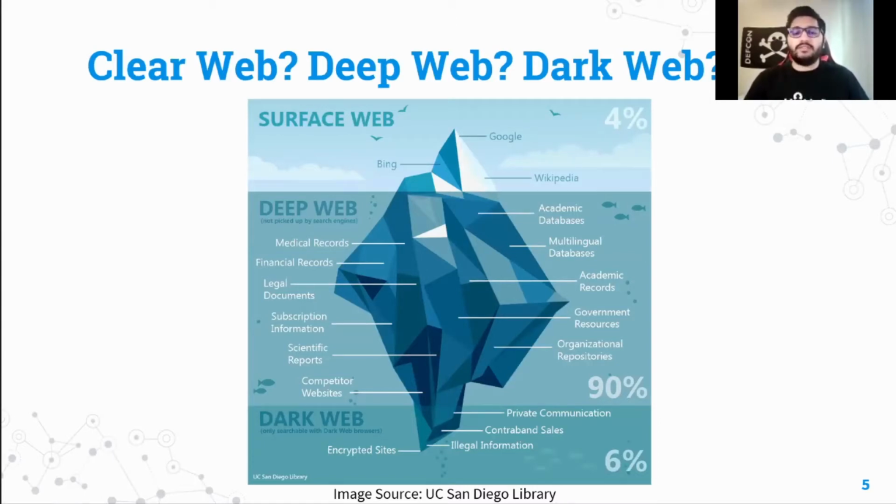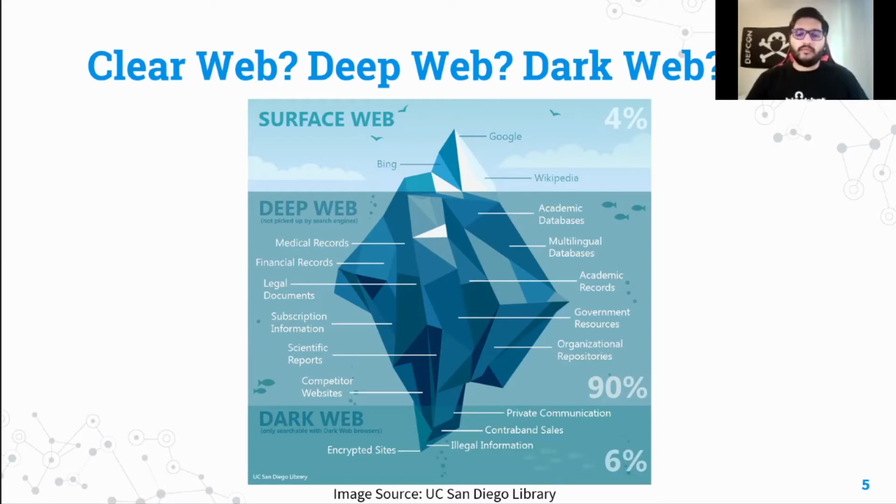So basically there are three parts to the web: the surface web, the deep web, and the dark web. Surface web, these are all the sites that are indexed by the search engines. So these are sites that you can directly search on Google or Bing or any other search engine. Deep web, this includes all the sites that are behind some kind of login system or some kind of system that you cannot directly access from Google or any other search engine. So this can include everything from your college database where you log in and check your results, to your server, whether you have hosted a Google server or a DigitalOcean server, and so on.